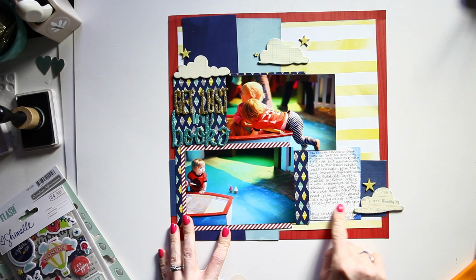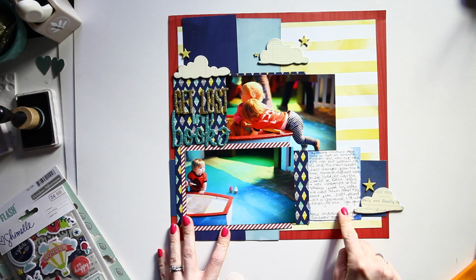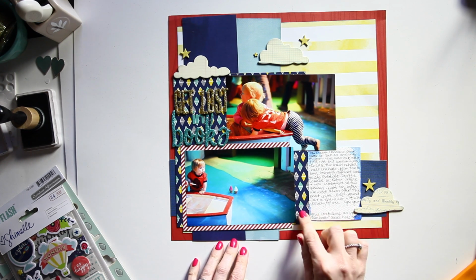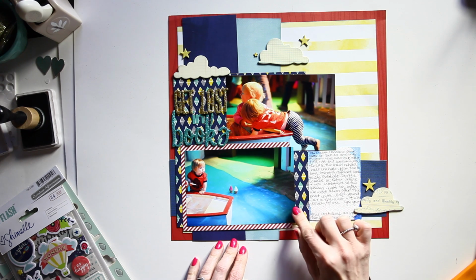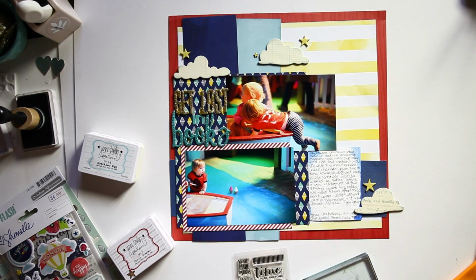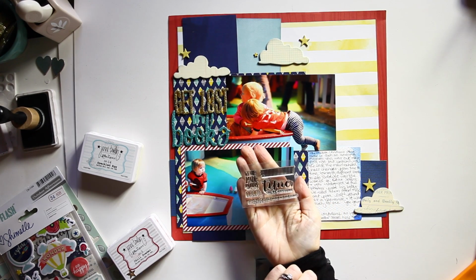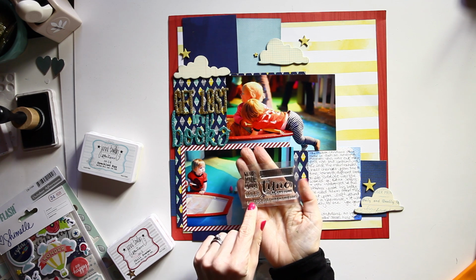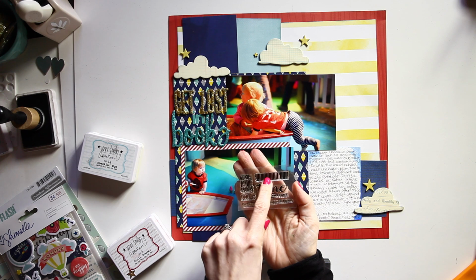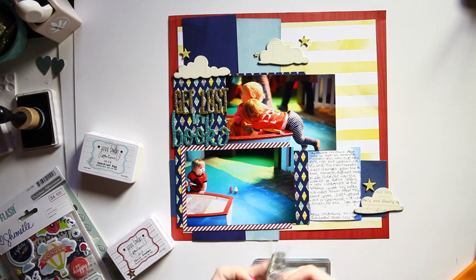And I need to look for some embellishment that could be a horizontal strip. So it could be washi, it could be a rub-on, it could be a border sticker, anything that I can use that will connect these on a little horizontal path. For that horizontal element, I'm going to use some stamps. I'm going to use 2 stamps from this set that is from an old Studio Calico kit. I'm going to use this text that says, "Love you more than all the stars," and I'm going to use this little line border. The text is going to go first,